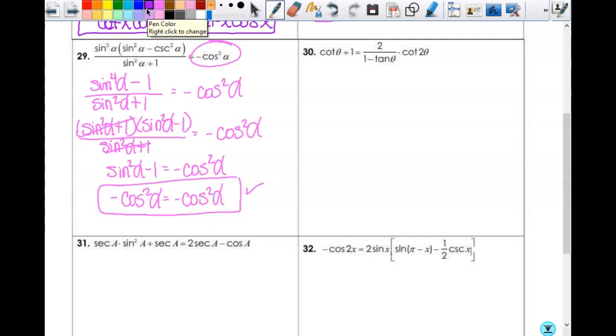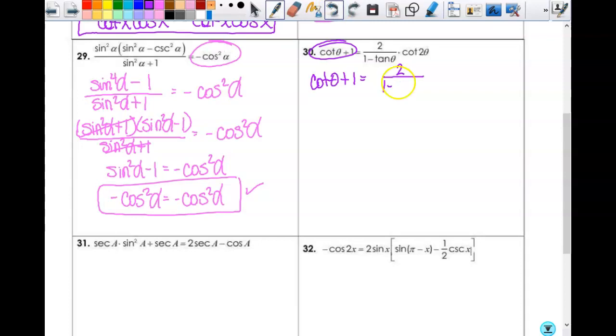All right, so number 30. I would definitely say the right-hand side looks more complicated, so I want to make this my goal. So on the right-hand side, let me rewrite this. Cotangent theta plus 1 equals. I'm going to leave this first fraction alone, 2 over 1 minus,